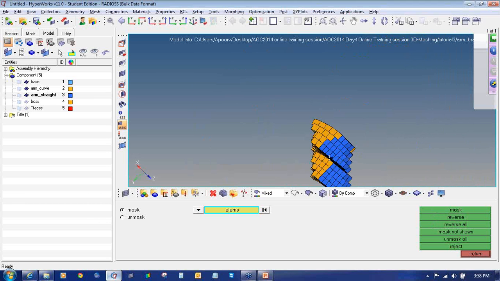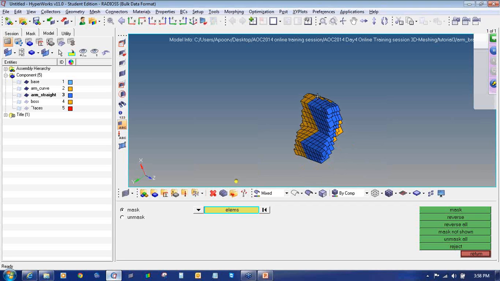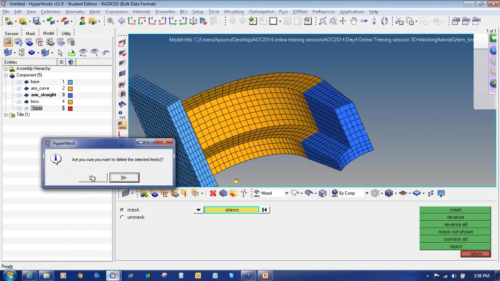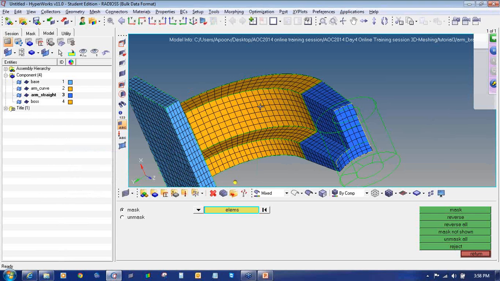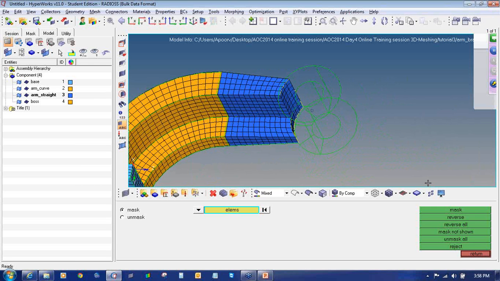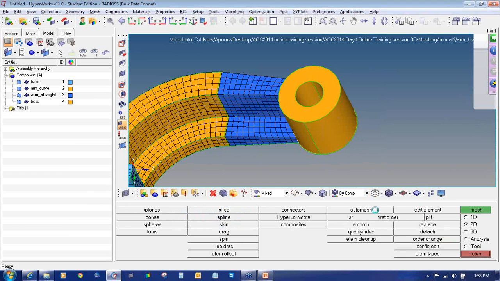So this is one more option through which you can create the hex mesh when you have two similar 2D meshes on opposite faces. You can directly convert that into hex meshing. So now my face option is done, so I will turn this off. Then I will move to the next option. With the same, I will press shift, I will go to 2D, auto mesh,